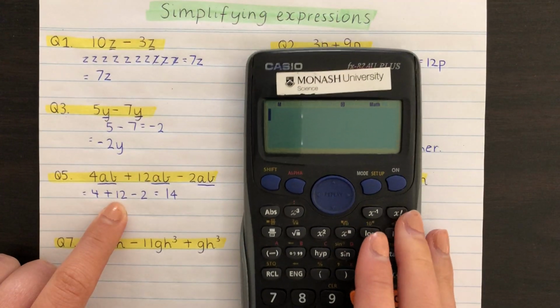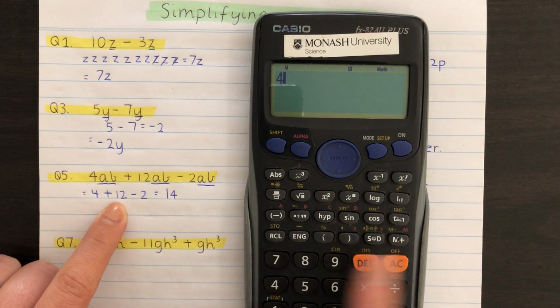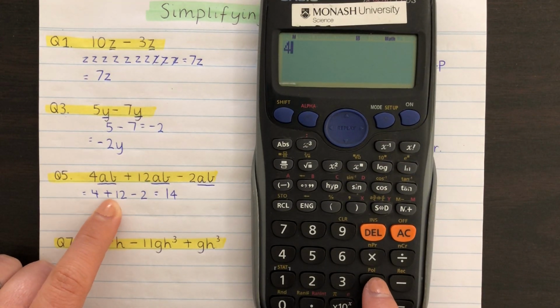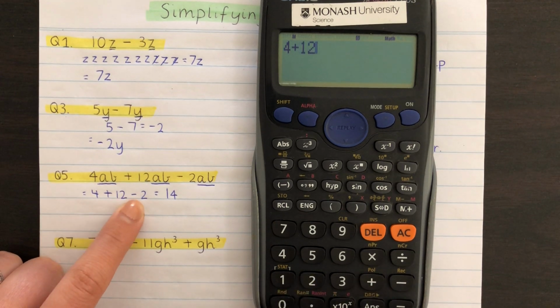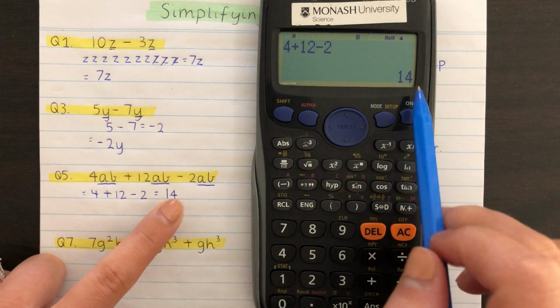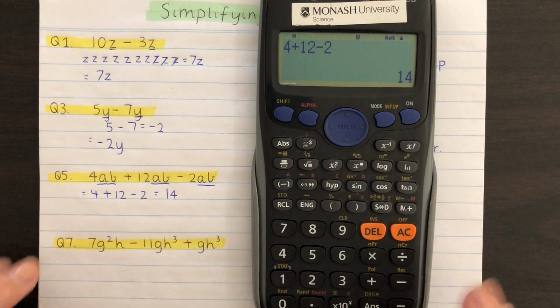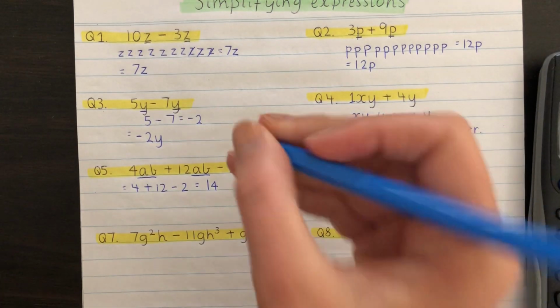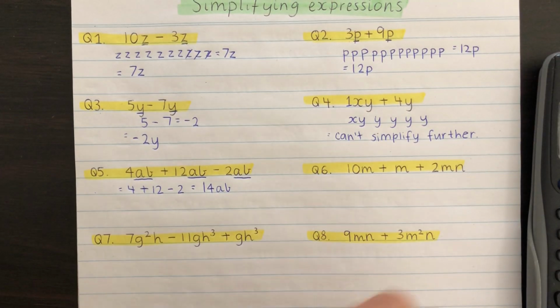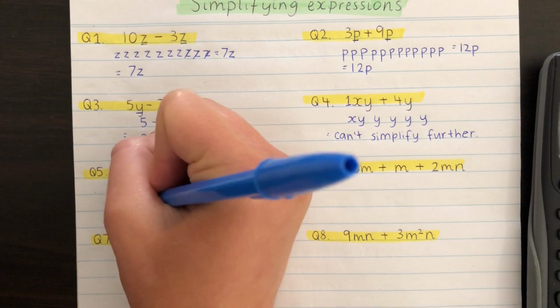I'll show you how to do that on the calculator. 4, so what do I always say? Put it in exactly how you see it. Plus 12 minus 2. And you still get 14 as your answer. Okay, so now that we've dealt with the numbers, you can add the AB on the end of it. So your answer is